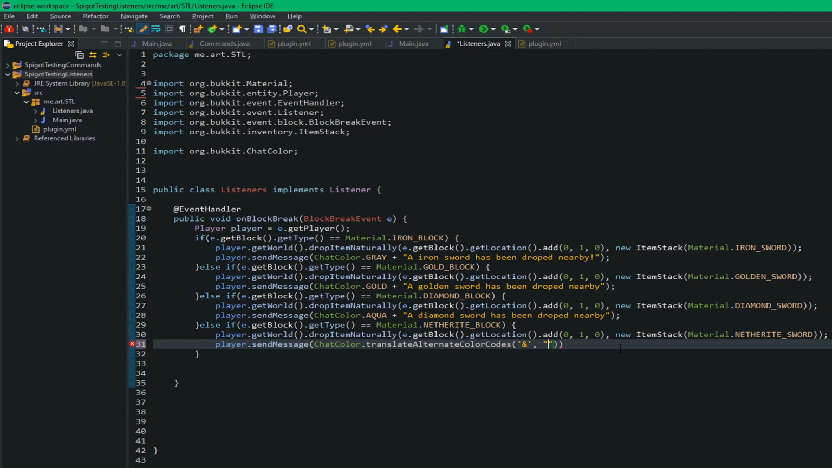So all you gotta do now is just put a string in here, and then you can do this symbol, same symbol you put here. And now I'm just gonna do C because I'm pretty sure that's red. I don't know which one's black. I could look it up, but I'm just gonna do C. And then a netherite sword has been dropped